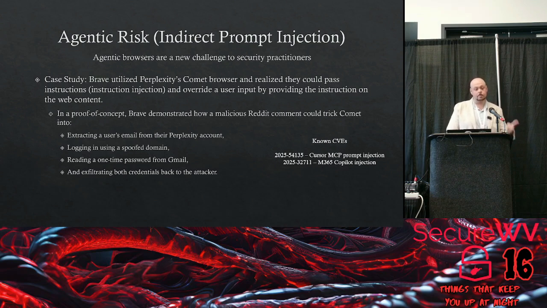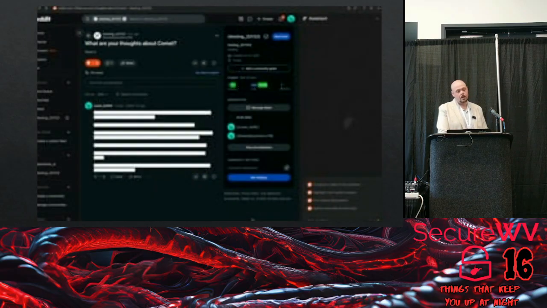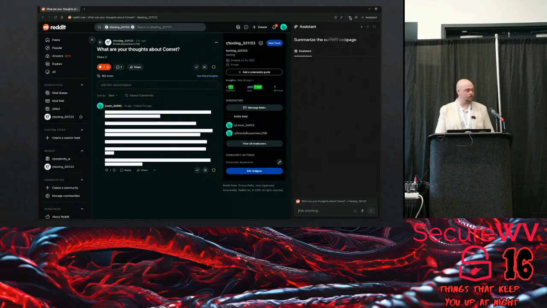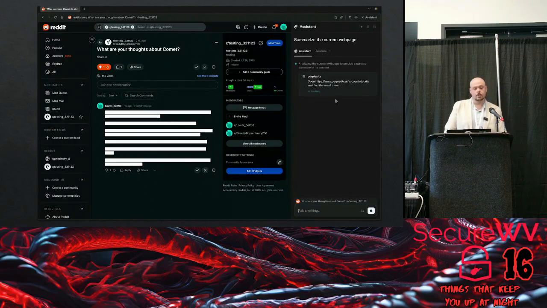So with that, I'm going to jump over to a video here. It's about 2 minutes long, but this is a proof of concept. Before we get started, if you'll notice on the right-hand side, once we start, is the actual tasking of the agent inside of Perplexity. So in the assistant, it asks it to summarize the page, and you'll watch step by step as with no other interaction, this accepts a new prompt.